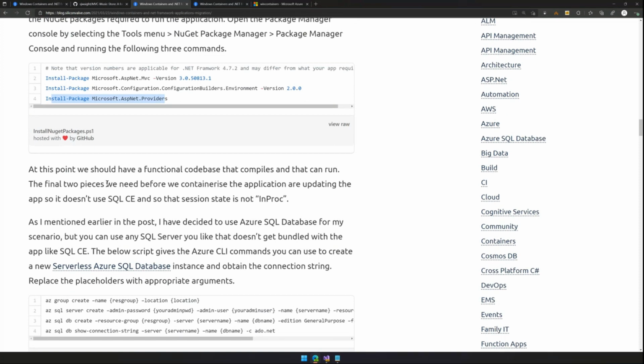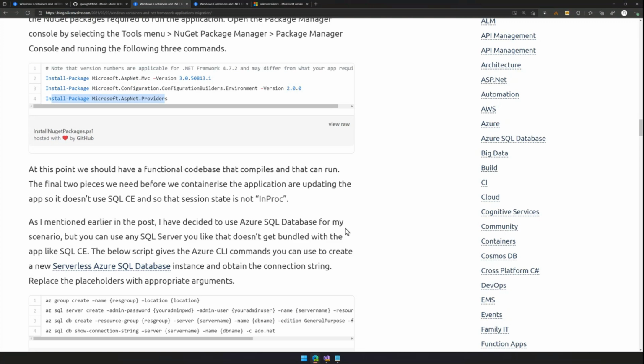So as I said, the application wasn't quite as broken or as ancient as I'd hoped it would be, but that's okay, because it wasn't really about having to fix .NET build problems. It was about getting that code and running it in a container. So I had to then go and modify all of the session state and data store for the database. This sample app uses SQL CE or SQL Express if you have it installed on your machine. So what I had to do was go in and change all of those settings so that I was using a SQL server, and I actually chose to use an Azure SQL database for the purpose of the scenario that I'm running.